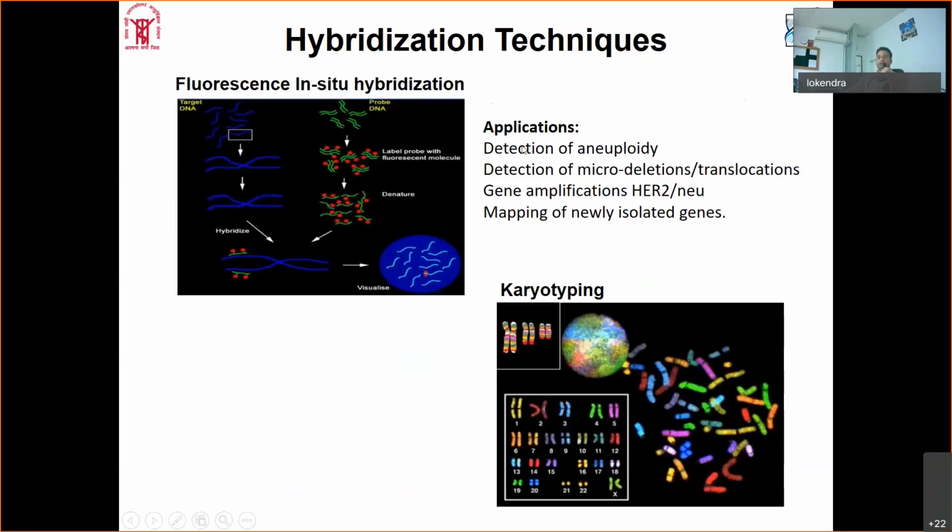So this fluorescence in situ hybridization is primarily to detect changes in the chromosome numbers or chromosomal ploidy, aneuploidy, euploidy, detection of various microdeletions, translocations. If there is any aberrant gene expression of certain genes, that can also be visualized, as can mapping of newly isolated genes and identification of various genetic disorders. So this is one of the methods of identification of those particular changes, and this is one of the examples of karyotyping, which is used in general to see the chromosomal pattern.